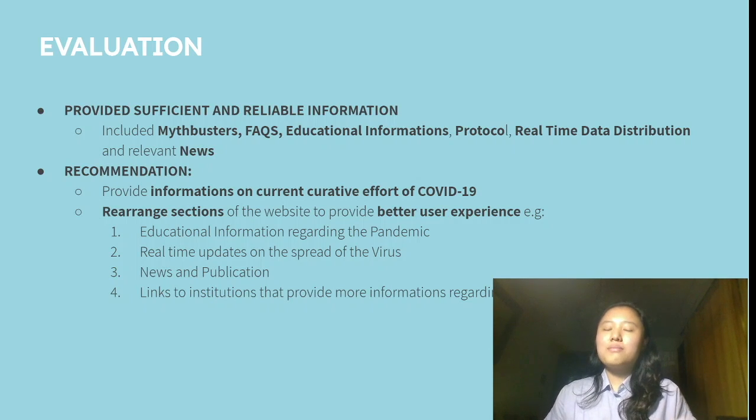Real-time data distribution, some examples of that would be real-time updates and statistics on how many people have been infected right that second when they open the website, and how many people have passed and how many people have recovered, and maybe more links to institutions that provide more information so that people can gain more knowledge from reliable sources, and not from some broadcast from a WhatsApp group, and they can gain